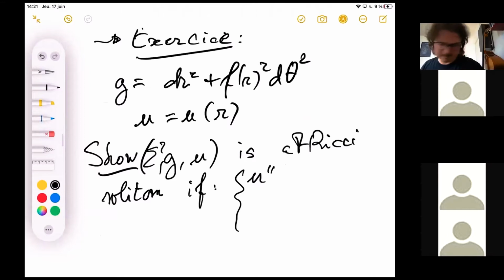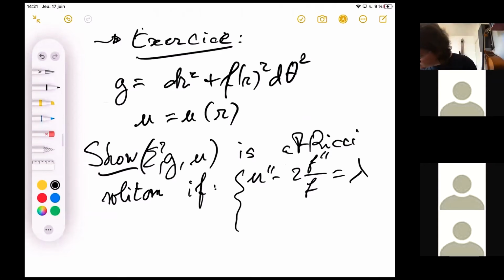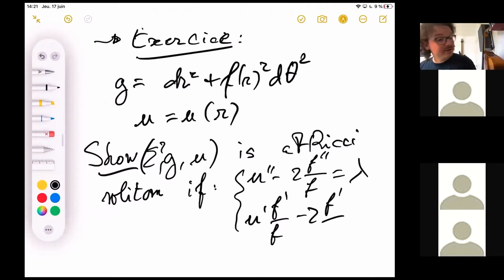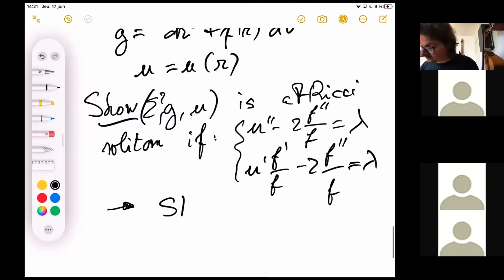maybe with... yeah, maybe lambda should be lambda over 2 or something like that. But yeah, on surfaces it's pretty easy. f prime... oh yeah, that's the curvature here. So that's f second over f. And with that, you can show that